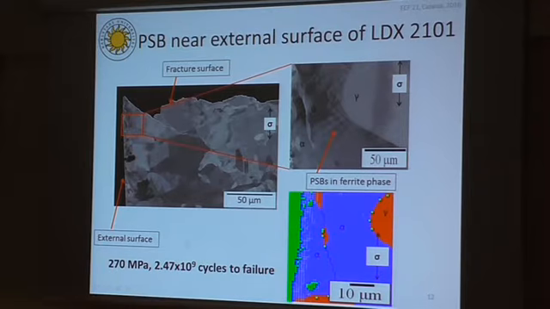In order to further investigate this damage accumulation, we took a failed specimen and cut it starting from the fracture surface through the initiation point along the longitudinal direction of the specimen, and when we observed carefully near the external surface and the crack initiation point, we could see the presence of these persistent slip bands,